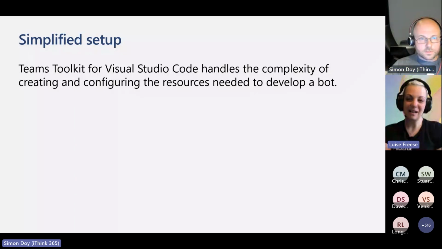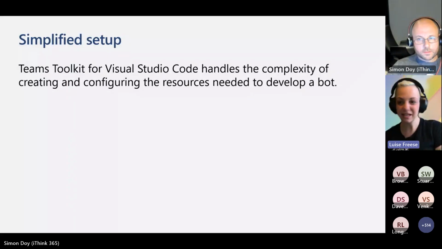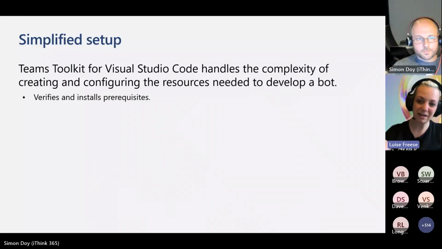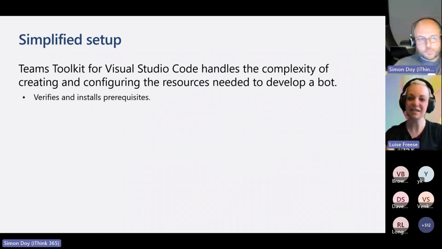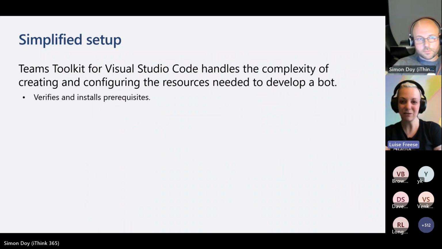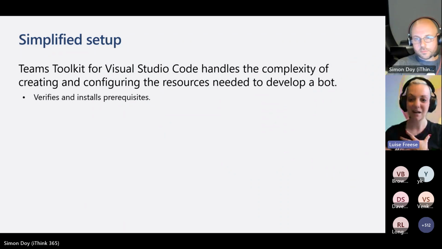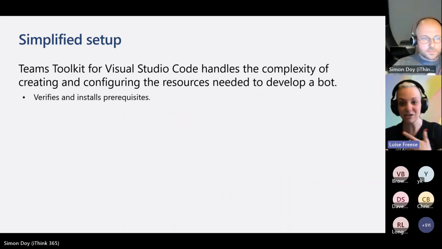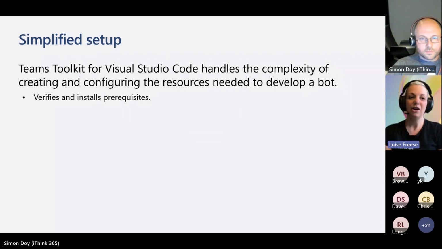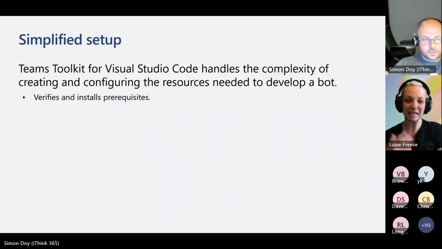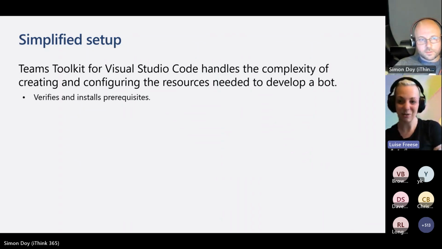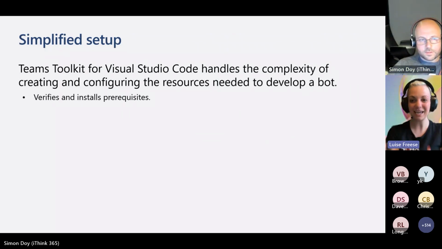So now let's make things a little bit more simple. Instead of me having to do all of these things, like registering the app and creating the tunnel service and setting up the Azure bot service and so on and so forth, and creating the manifest file by myself, and then dealing with the images, it would be super nice to install Teams Toolkit, because that verifies and installs all prerequisites. So I don't need to install anything manually anymore, but it will take care of that so that I have everything installed on my machine to